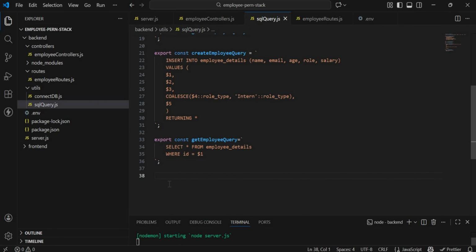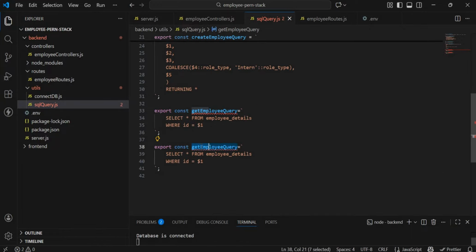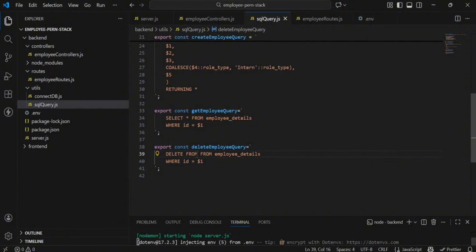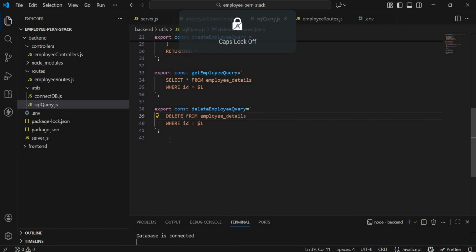then we'll write the query to delete an employee details. So instead of having to rewrite, I'm just going to copy this and then paste it here. But here it's going to be delete employee query. So here is going to be delete, not all, delete from, okay, delete from employee details table where ID is this. Okay,